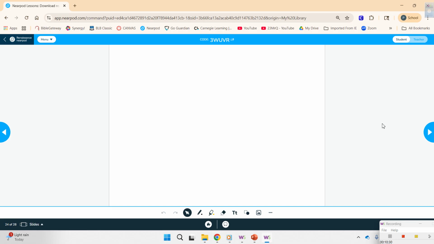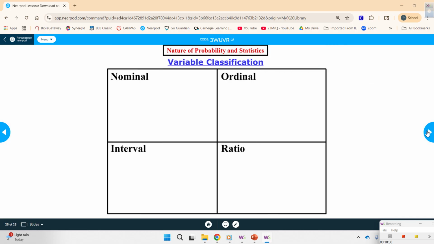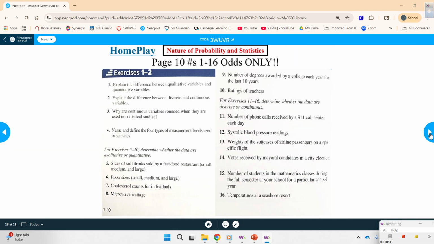Ten, 9, 8, 7, 6, 5, 4, 3, 2, time. Nominal, ordinal, interval, and ratio. I know. All right, so with that said,